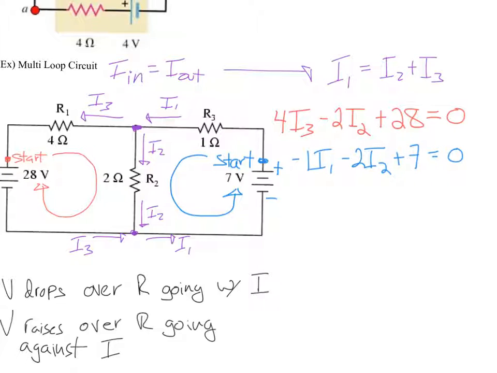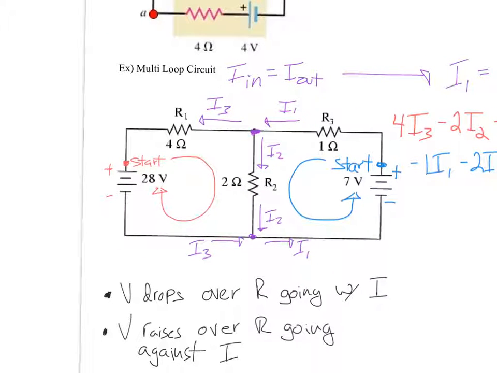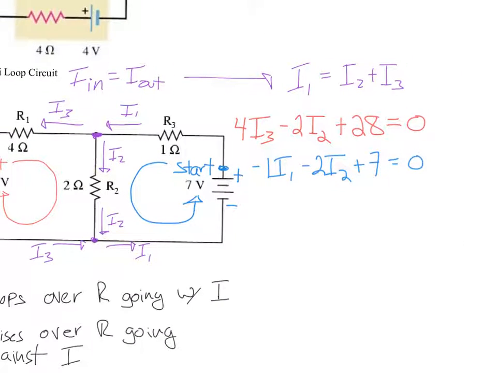We do have one large loop to consider still, the big loop that goes around the entire circuit. However, this doesn't contain any new information that isn't already in our equations. And if you look at the 3 equations that we have over here, we have 3 unknowns, I1, I2, I3, and we have 3 distinct equations. So now the only thing we have to do is solve this system of equations,